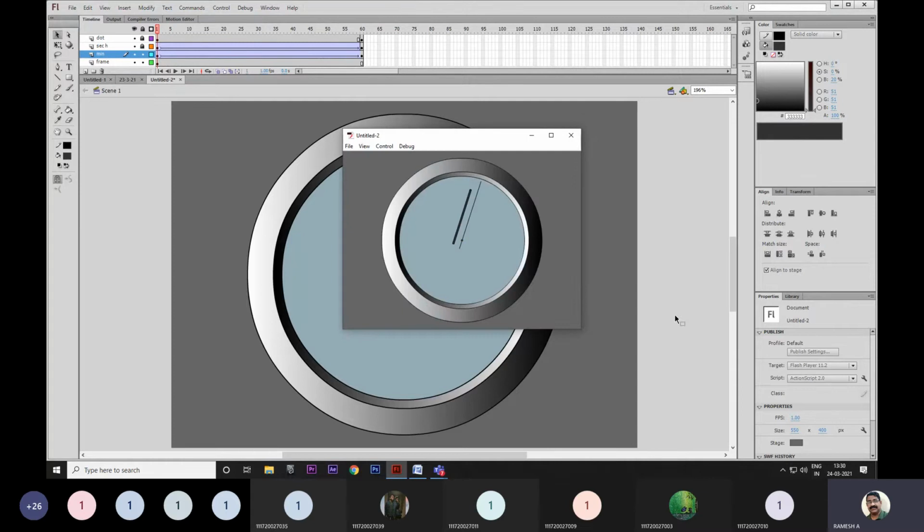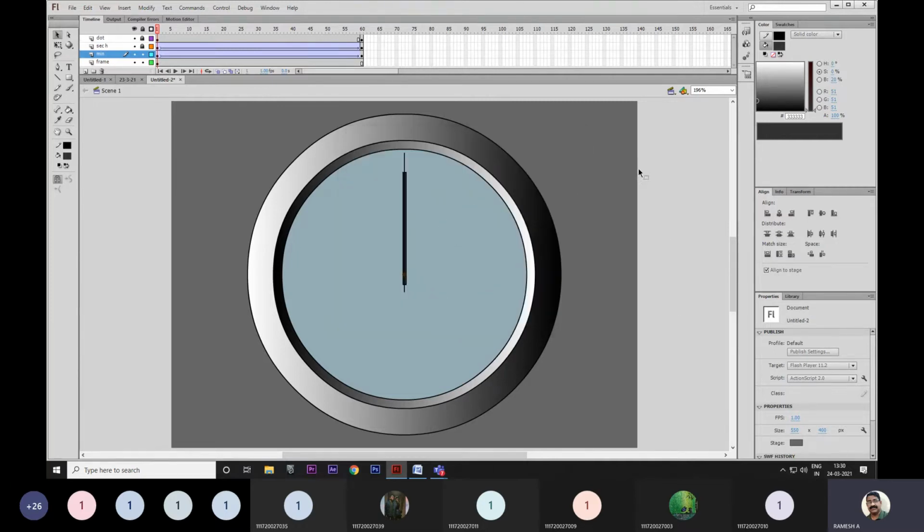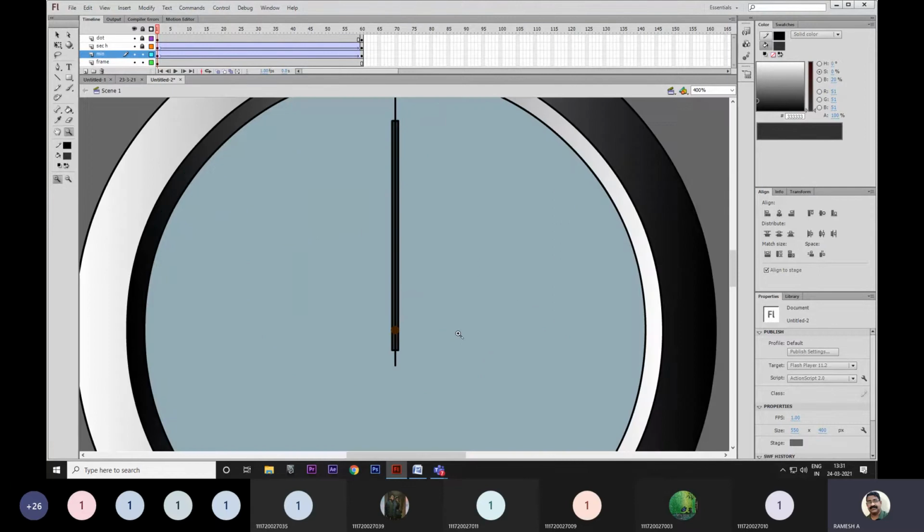Oh, see, that minutes hand is rotating in a different manner, a different way. How to control that? Come on, anyone can tell. I'm going to change here. I have to go to the last keyframe. Last frame and change the keyframe. Last frame, okay. And should drag down the keyframe, probably.